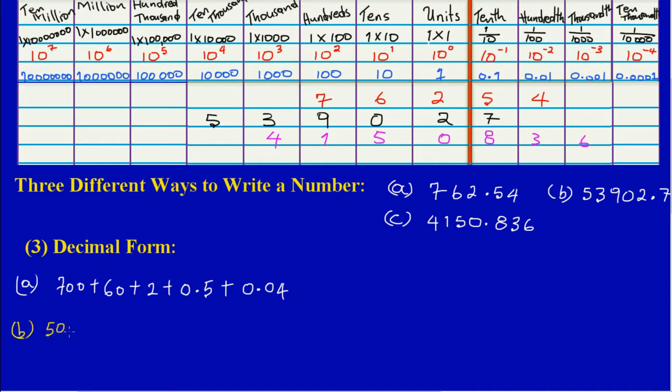Okay, and that's being added to a 3 in my 1,000 column, so I'm saying 3 times 1,000 would give me 3,000. Then I'm adding to that what's in my hundreds column, and I have a 9 in my hundreds column, so I'm saying 9 times 100 would give me 900,